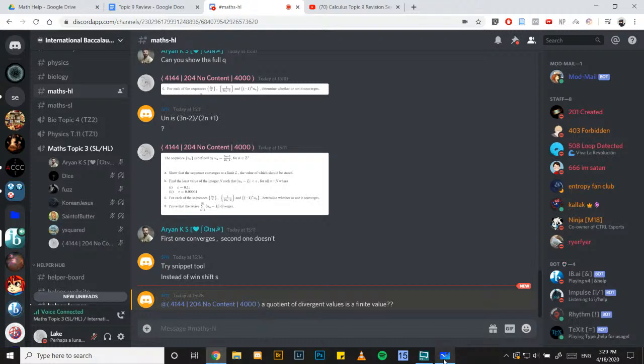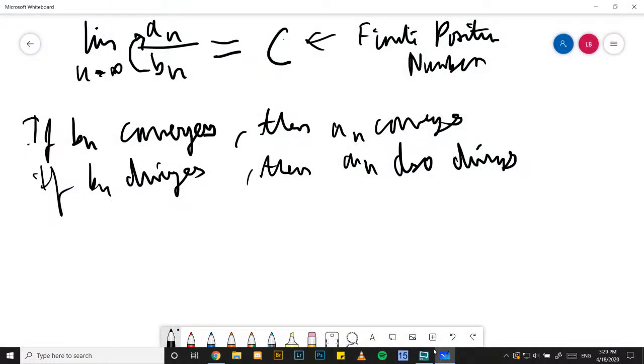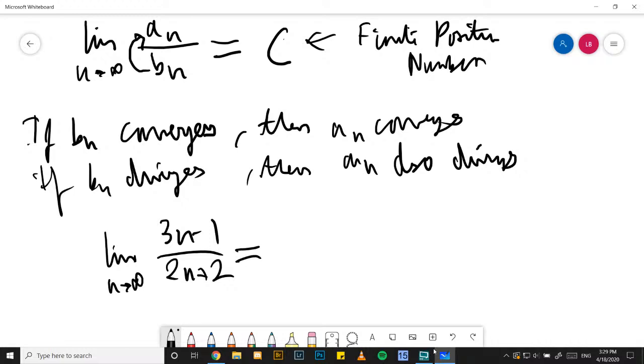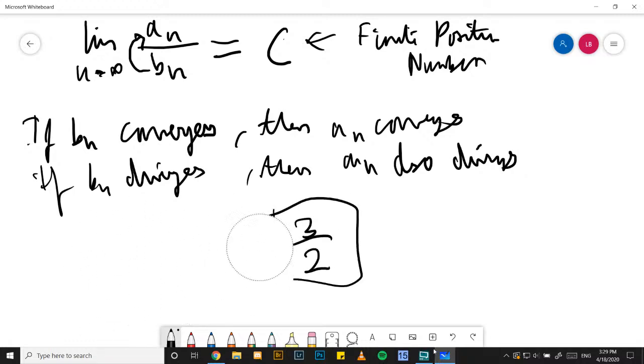So in L'Hopital's rule, we looked at some functions where the numerator diverges to infinity, and the denominator also diverges to infinity. However, at the end, the quotient converges to a positive value. For example, if we were looking at the question right before, the limit as n approaches infinity of (3n minus 1) over (2n plus 2), this diverges to infinity, and this also diverges to infinity. Essentially, if you use L'Hopital's rule, this ends up being 3 over 2, which is what we showed before. So it does converge to a finite positive value,